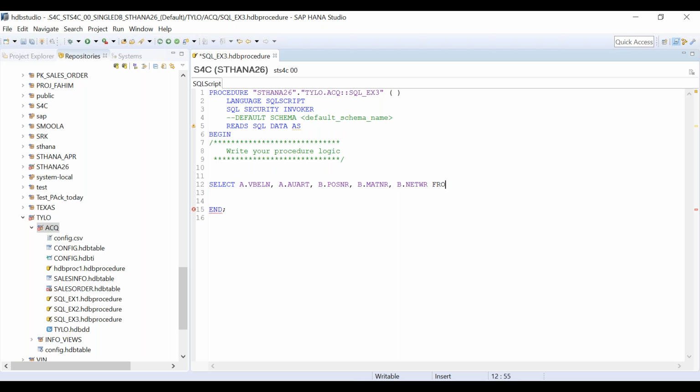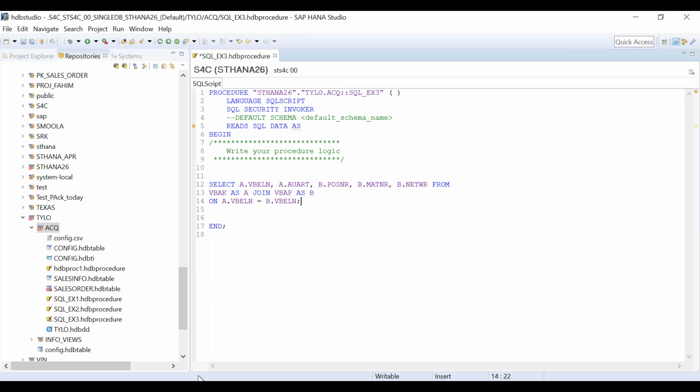Now I will write from which table? So VBAK as A, join VBAP as B. What I'm writing, select these columns from VBAK, join VBAP, and I am using an alias. I am saying VBAK as A, VBAP as B, joining on which column? So on A dot VBLN equal to B dot VBLN, right?